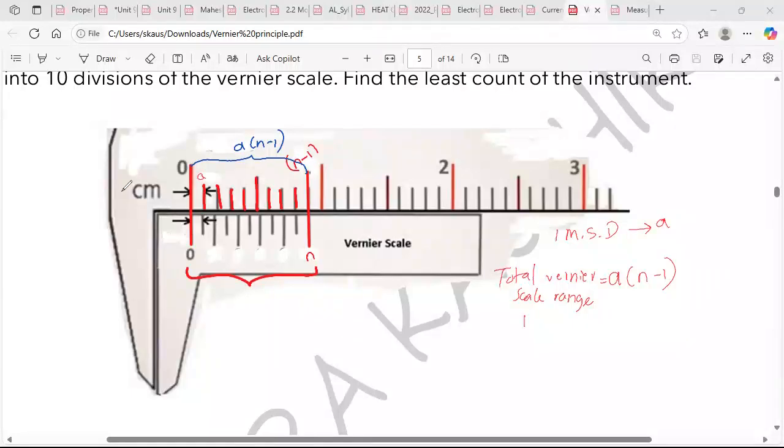Then similarly, if the total length is a times n minus 1, the length of one vernier scale division will be a times n minus 1 divided by n, right? Divided by the number of divisions. Okay. So least count